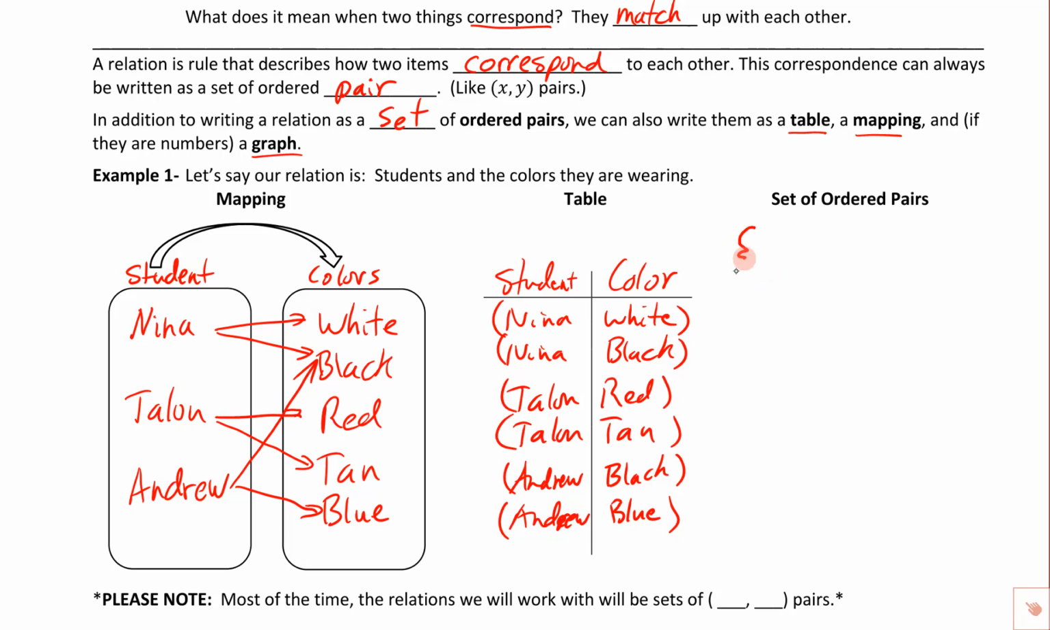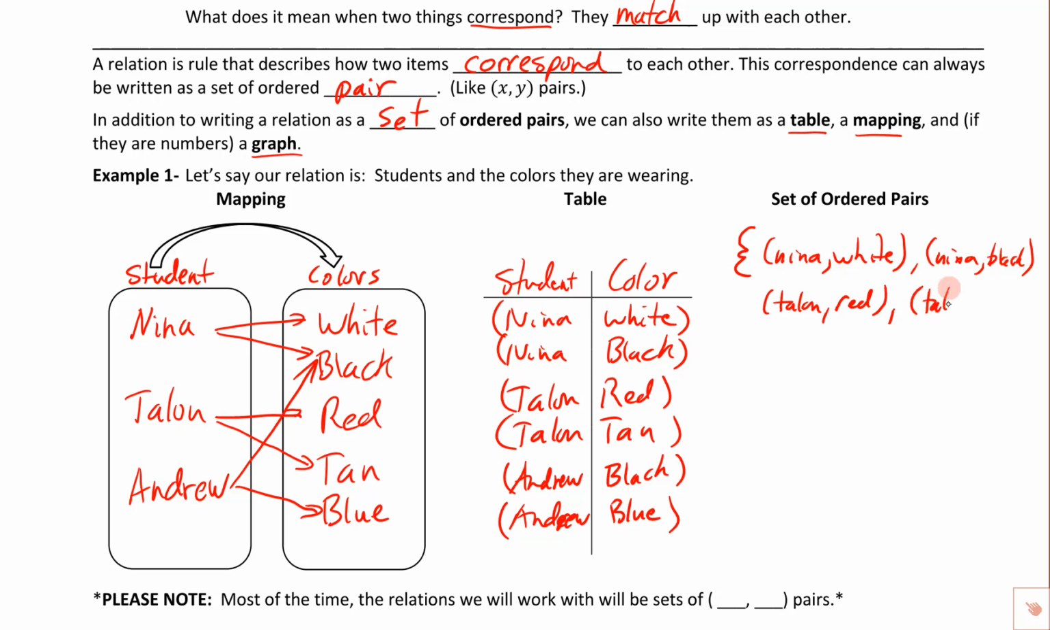I'm going to start off with a set of set brackets. That's probably the nicest set of brackets you'll ever see me make. And then we're going to go ahead and write down the set of ordered pairs. So I'm going to write down Nina and white, and then I'm going to put a comma, and we'll put Nina and black. Okay. Next one would be Talon and red,